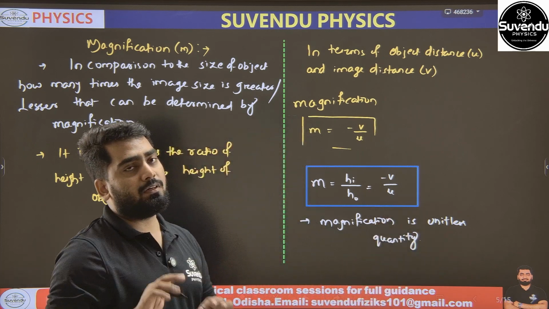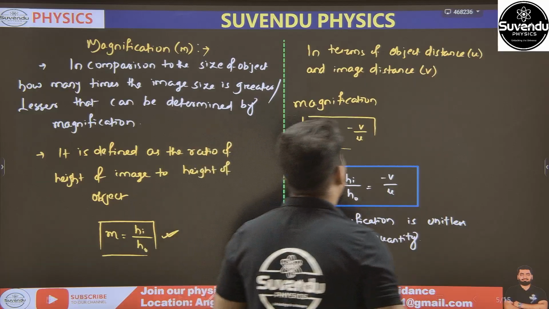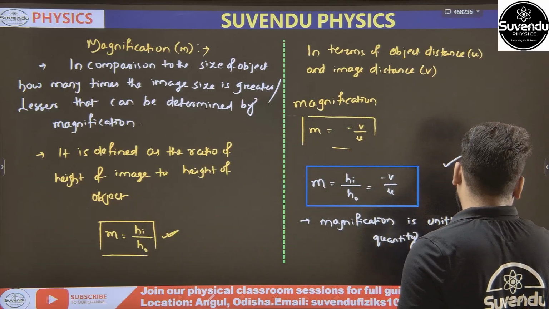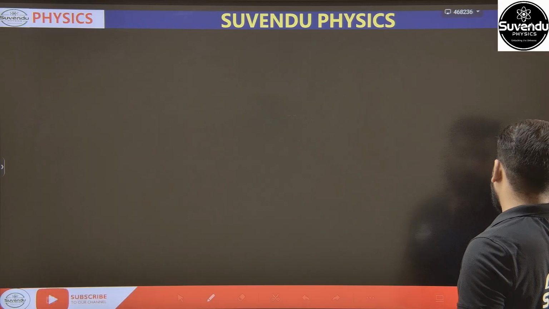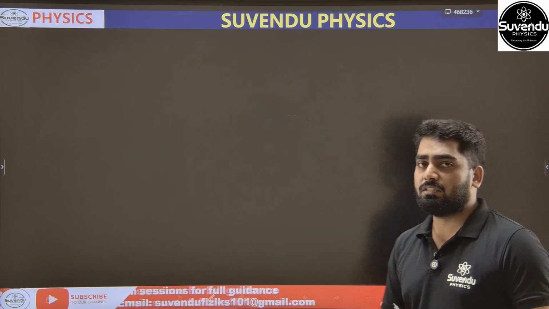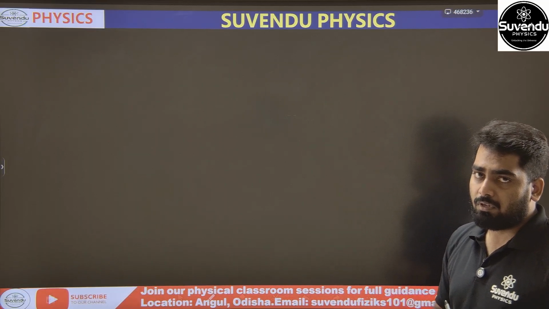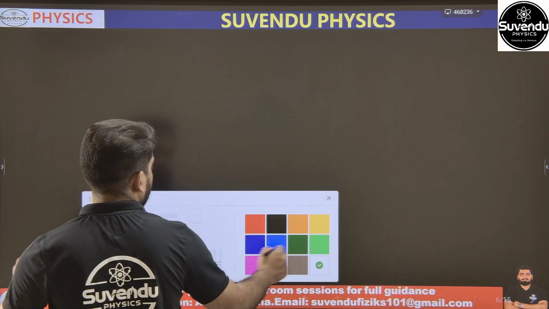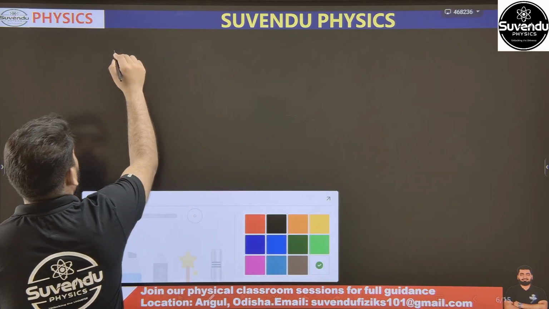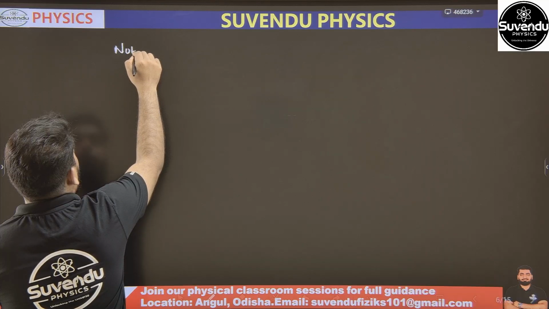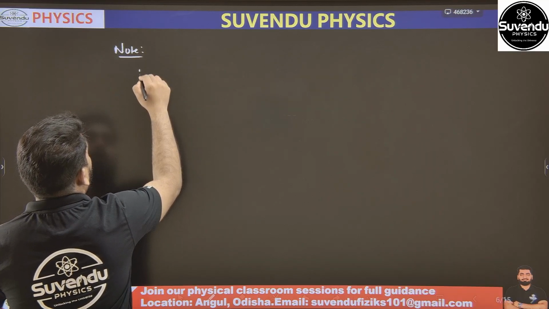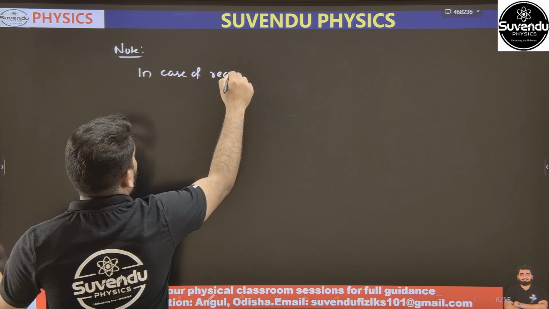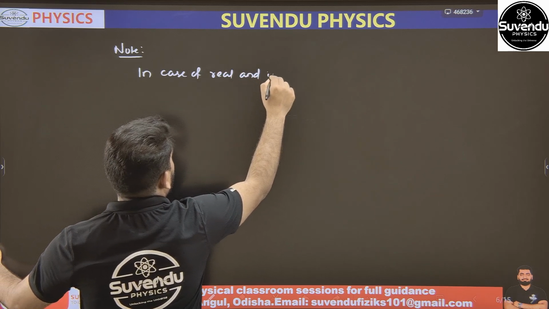Yes, I think it is very clear to all of you. Okay, so now proceed towards our next slide. In next part, what we have to discuss, in which case your magnification is positive and in which case your magnification is negative. Now listen, this is your note point. Yes, in case of real and inverted image,